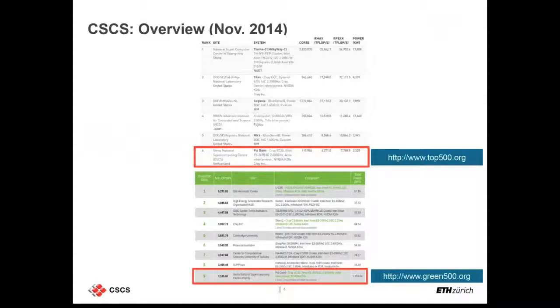It is currently hosting one of the most powerful and most power-efficient systems in the world. This system is called Piz Daint. It's number 6 in the list of the 500 most powerful supercomputers in the world, and number 9 in the last Green500.